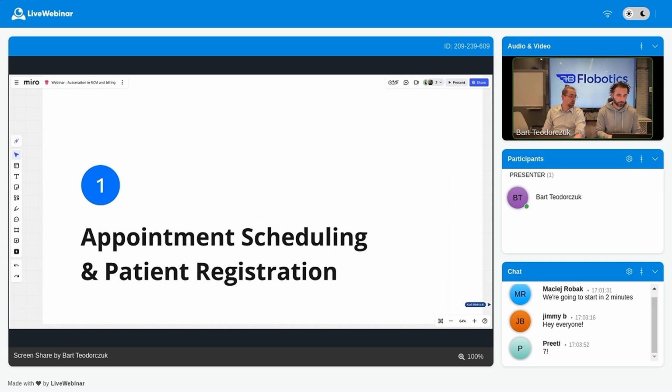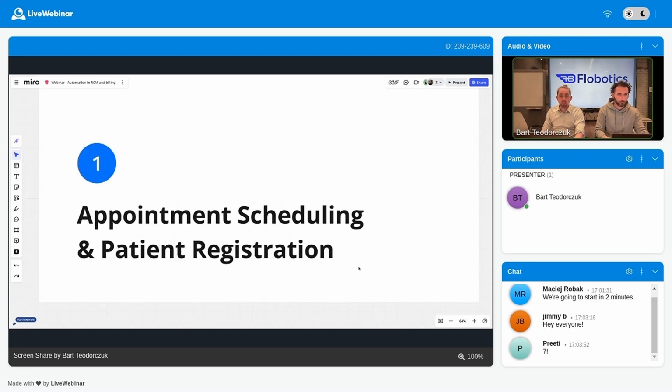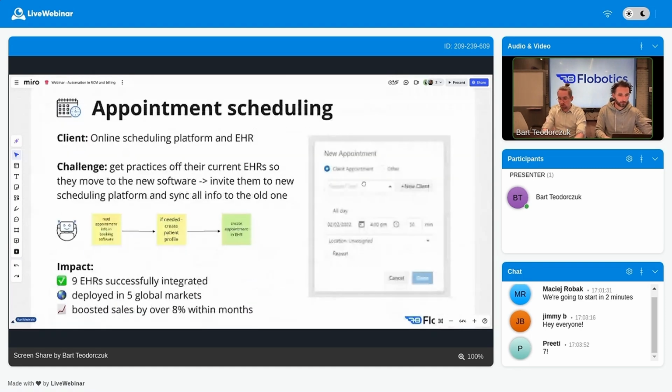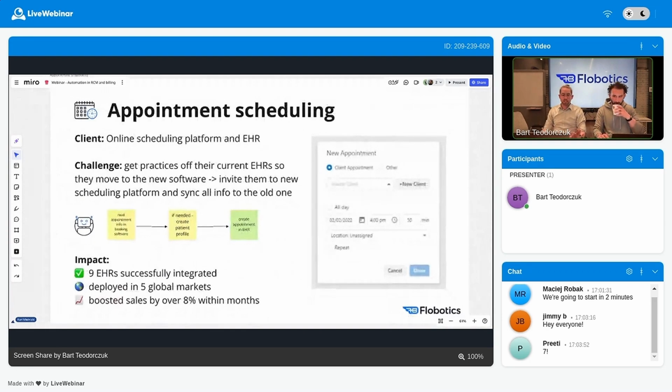Great. Okay, so I'm going to start. We have, I think, 3 case studies for this step one. Step one, appointment scheduling and patient registration. So we start with the case study. I need to make it a little bit zoomed out. Perfect. Appointment scheduling. So one of our clients was actually creating their own online scheduling platform and EHR,